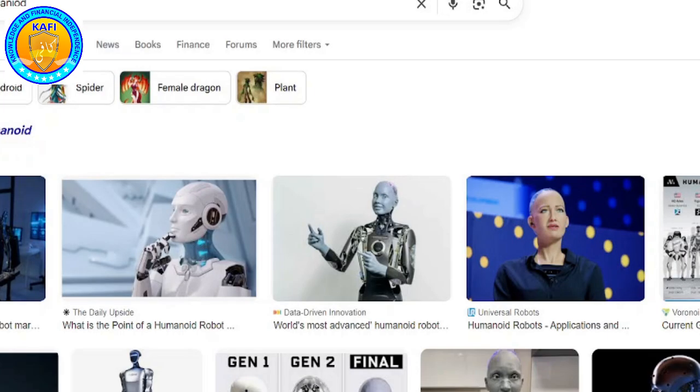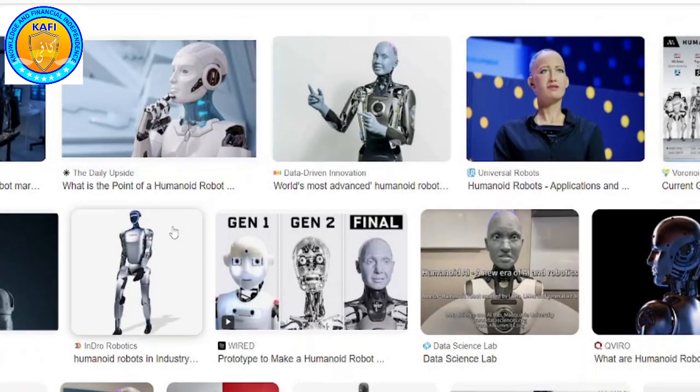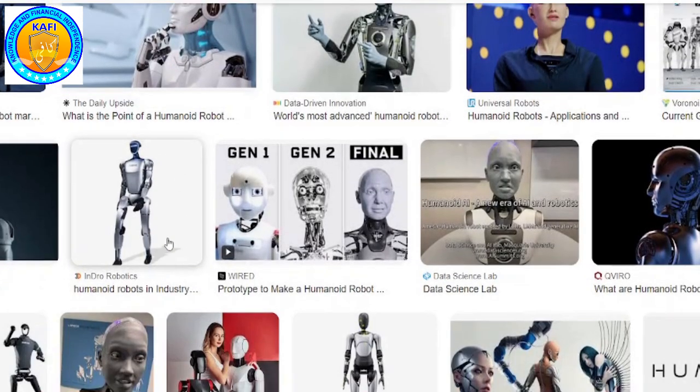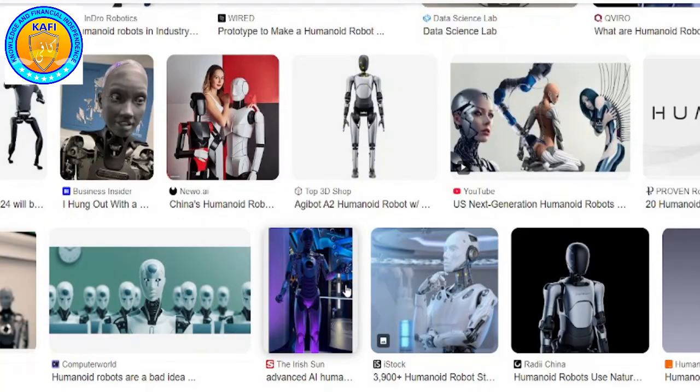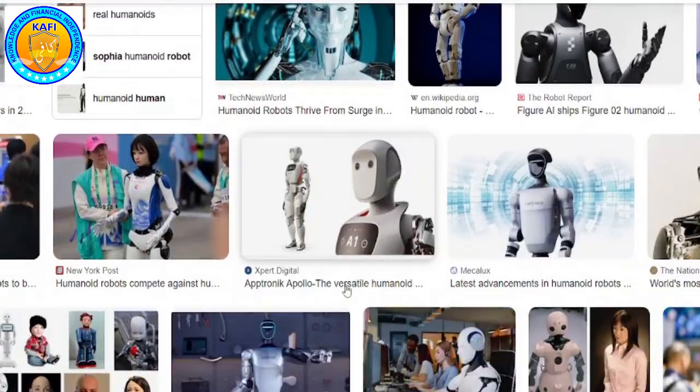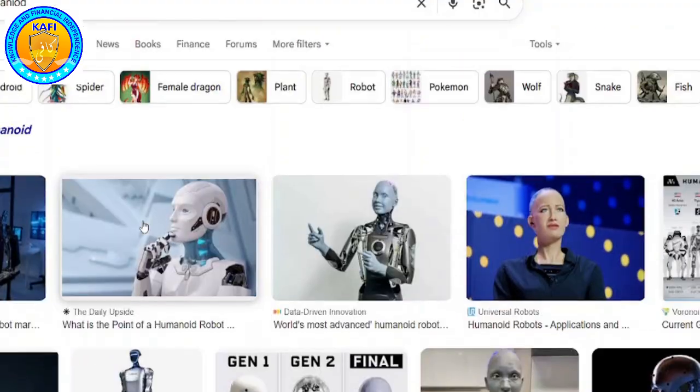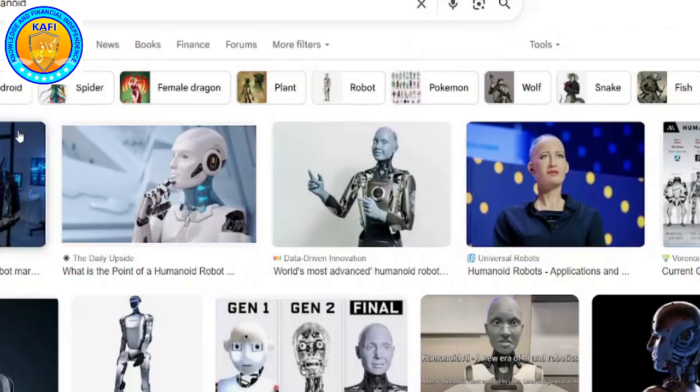Let's see what kind of humanoid. These are humanoids. These robots look like humans. Okay, can you see those? You see this woman with this girl. This is a robot that they created in Japan and in many places. Robots like these, they are already working. So a humanoid is a human-like robot.